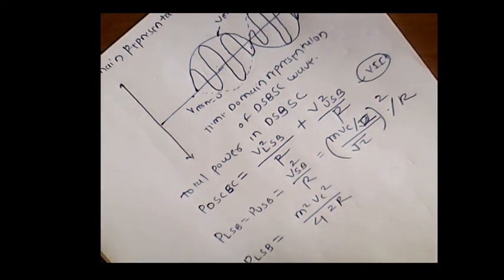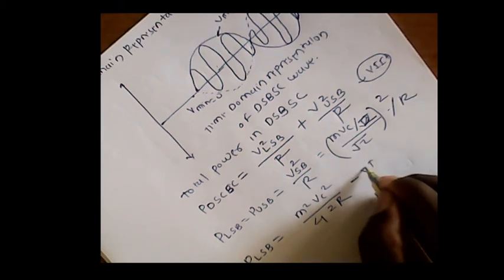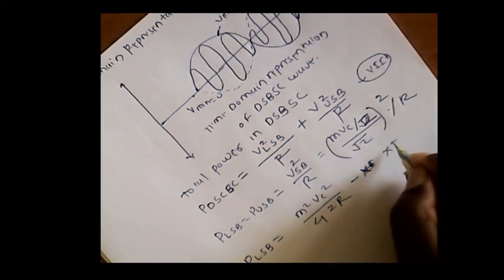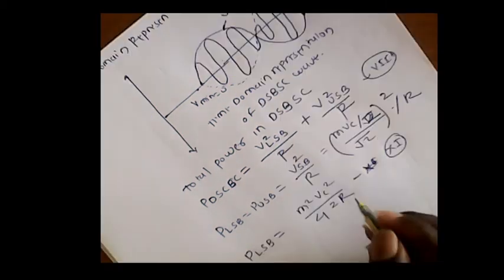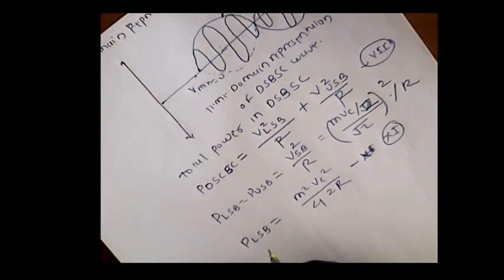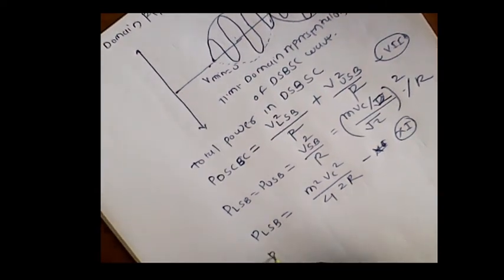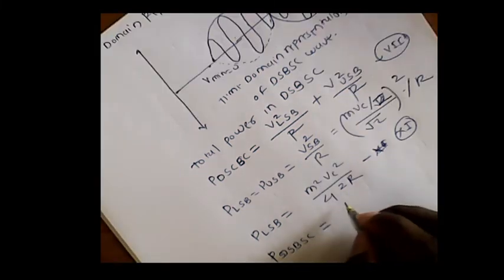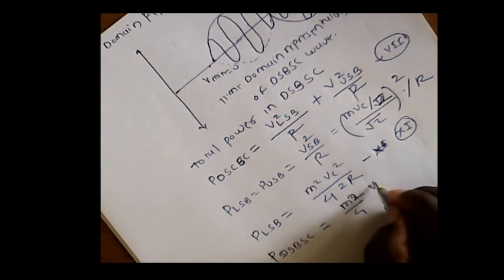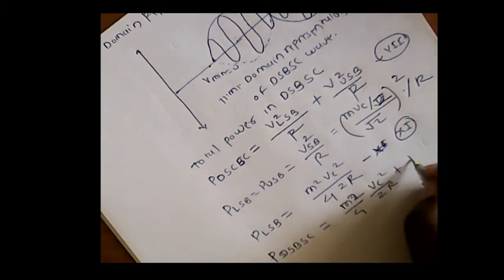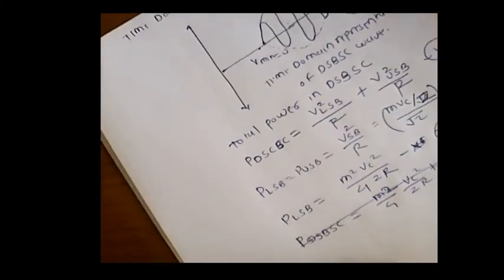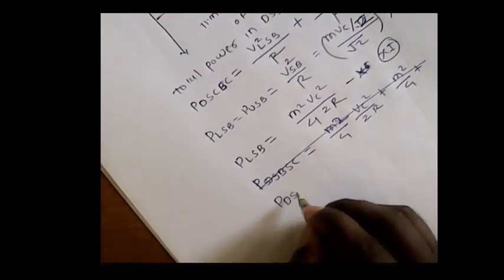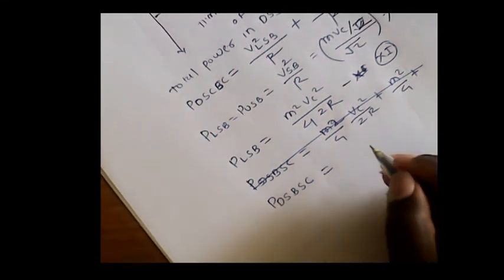So by putting the equation value in this, we get the total power in DSB-SC is equal to m square divided by 4 Vc square divided by 2R plus m square divided by 4. Power contained in double sideband suppressed carrier is equal to